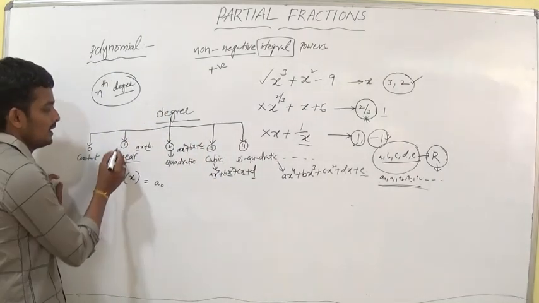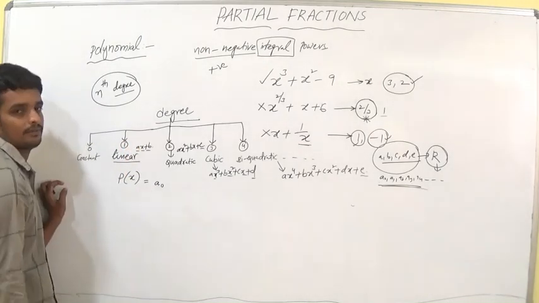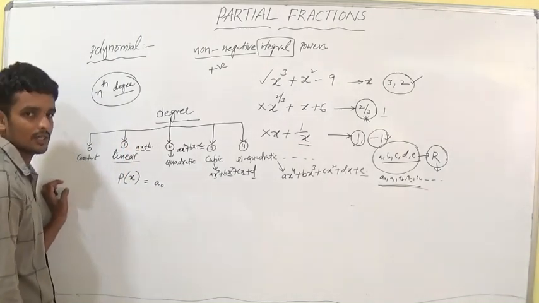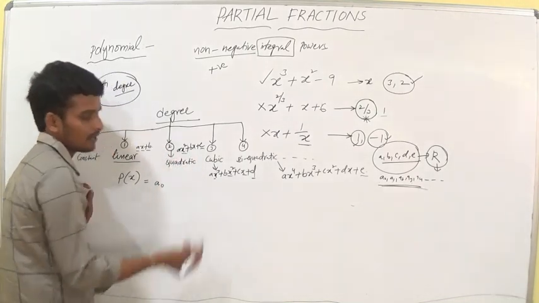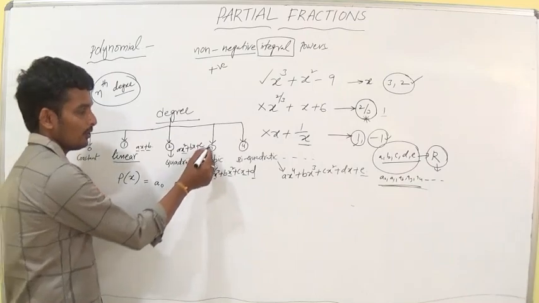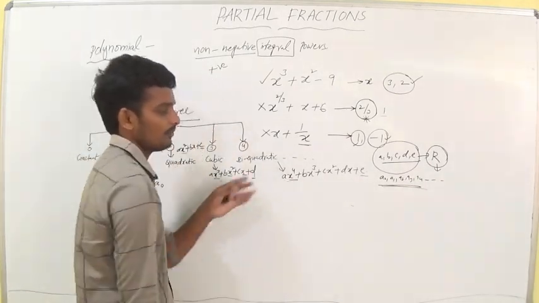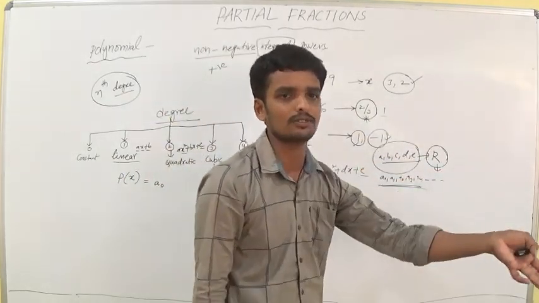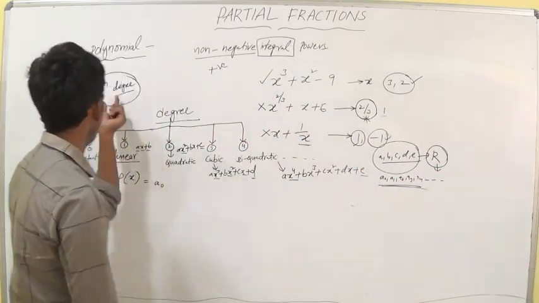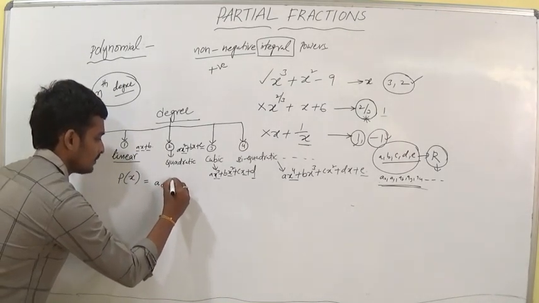If you observe here, the degree of a polynomial is 1, that's why you are writing x. You understand? The degree of a polynomial is 2, that's why you are writing x square. The degree of a polynomial is 3, that's why you are writing x cube. 4, x to the power of 4; 5, x to the power of 5; 6, x to the power of 6; 10, x to the power of 10; 100, x to the power of 100. Now we are writing nth degree. So a0 x to the power of n